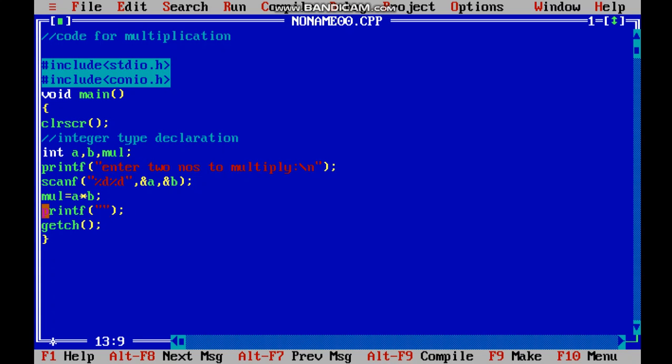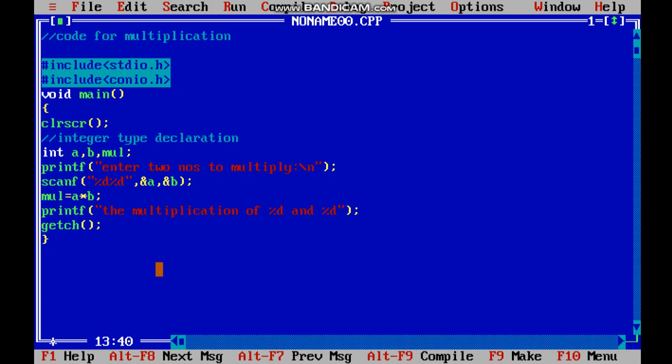See, now what do you write in the middle? The multiplication of a and b is c or mul. Okay, so the value of a will be obtained during our scanf. So the multiplication of modulus a and modulus b, modulus d means integer type. We cannot use the variable there. The variable will be declared after this comma. So I'm removing this thing.